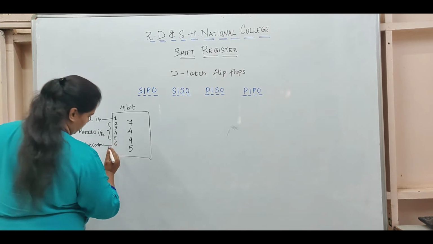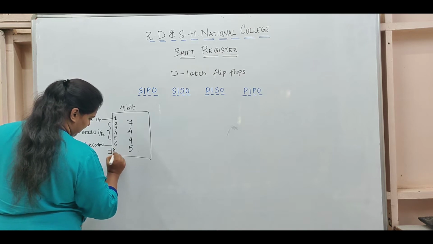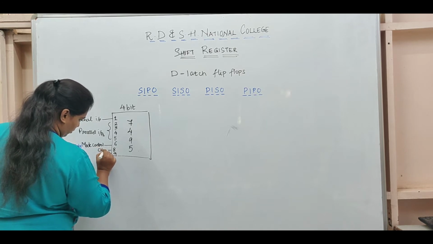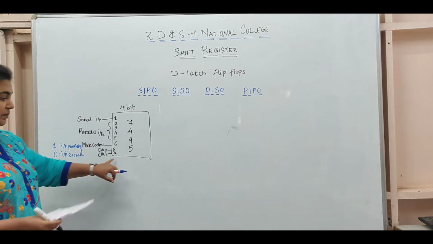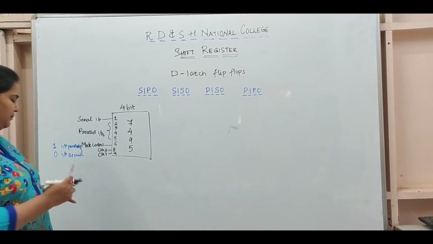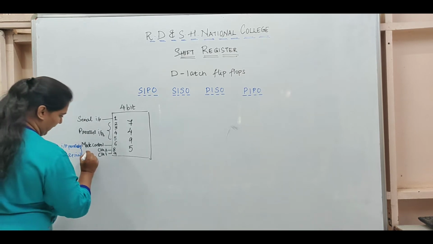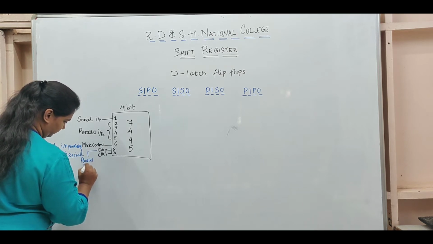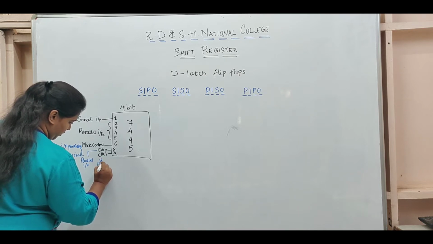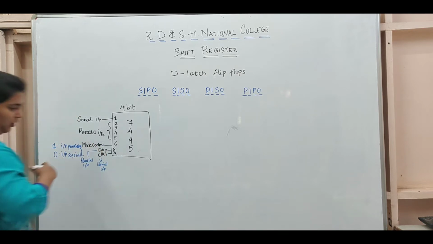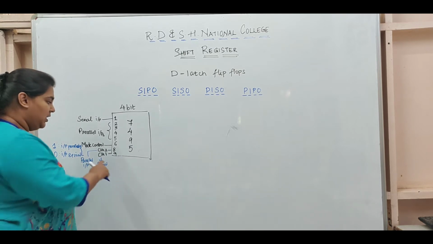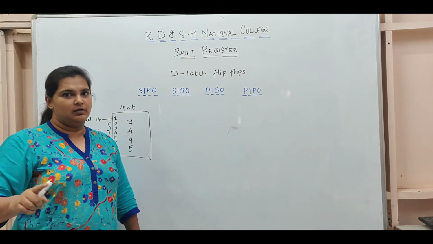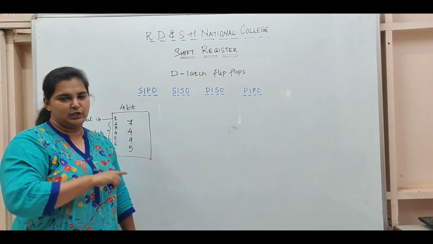Then we have pin number 8 and 9, which are clock 1 and clock 2. Clock 1, that is pin 9, is used for serial input, and clock 2 is used for parallel input. So this is parallel input, this is serial input. So whenever you are giving serial input, the clock which will come from the debounce circuit will be given here. Now before going ahead, what a debounce circuit is, is explained clearly in my experiment on presettable counters.